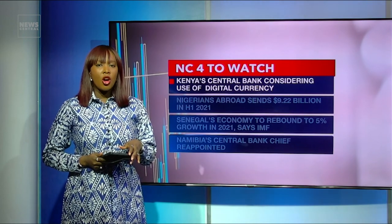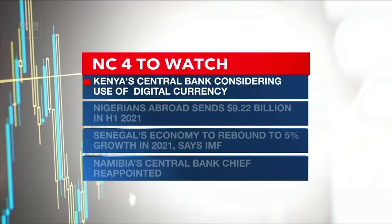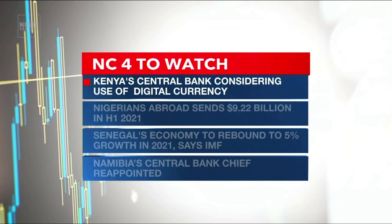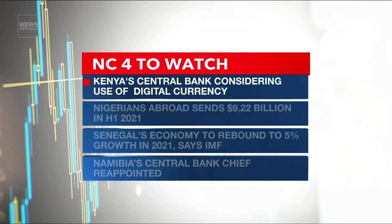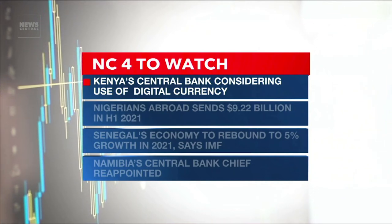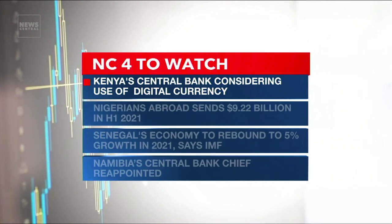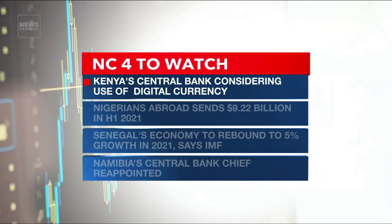And we start things off in Kenya, where we're hearing that the central bank is now considering joining the central bank digital currency, CBDC, train. More than 60 central banks have already entered the digital currency race since 2014. The shift towards digital currencies has been used by some central banks to formulate and implement regulations to manage the